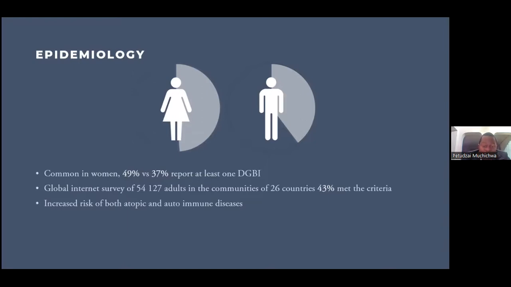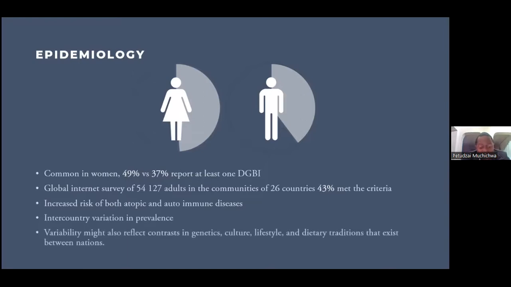So in cases where we are thinking of such diagnosis, we have to think of these conditions. There's a lot of inter-country variation in prevalence from that survey as well. And variability might reflect the contrast in genetics, cultural differences, lifestyles, and dietary traditions that exist between the nations